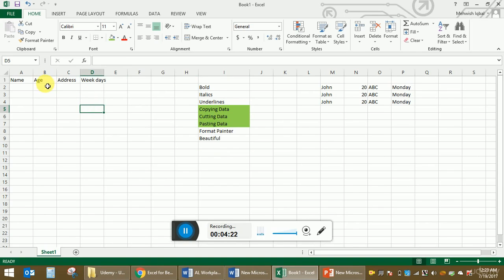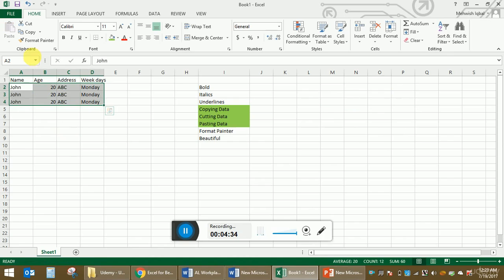Now there's something that I really want to highlight. So let's just bring this data back here now. So I select this, Control and X, which is for cut, and I come here and Control and V, which is for paste. Or either way if you want to use these options, if you're more comfortable, that's totally your call. So now if you look at this, I want to make this data stand out. I want to make sure that these are headings and they stand out, and they get the kind of attention